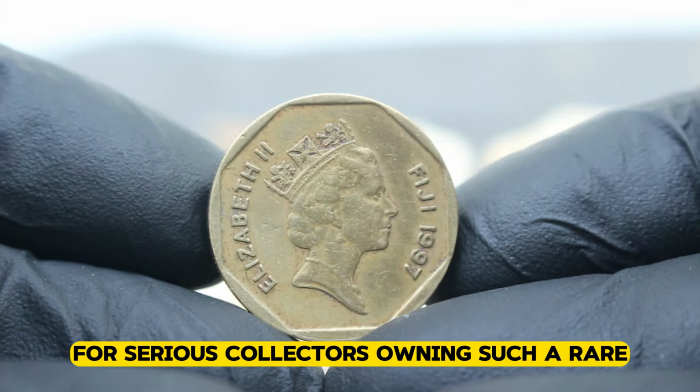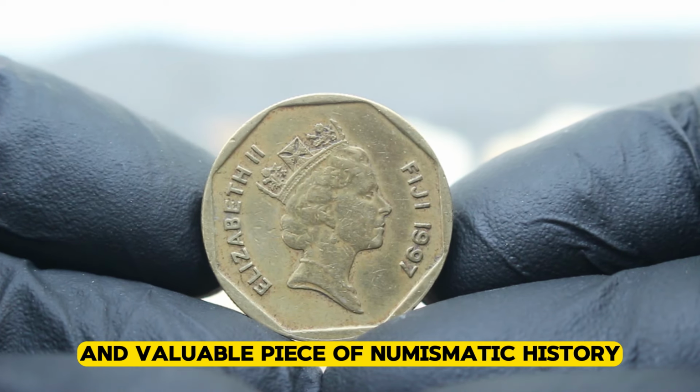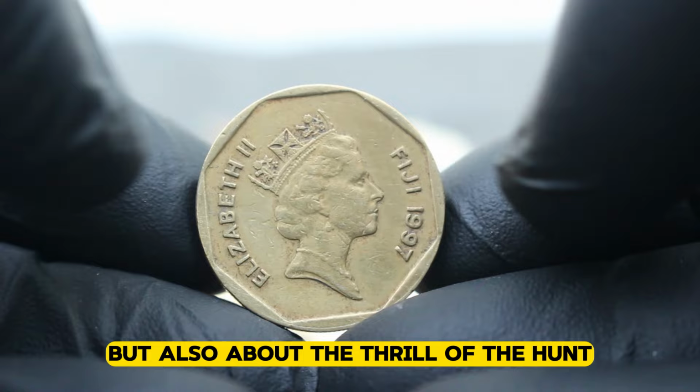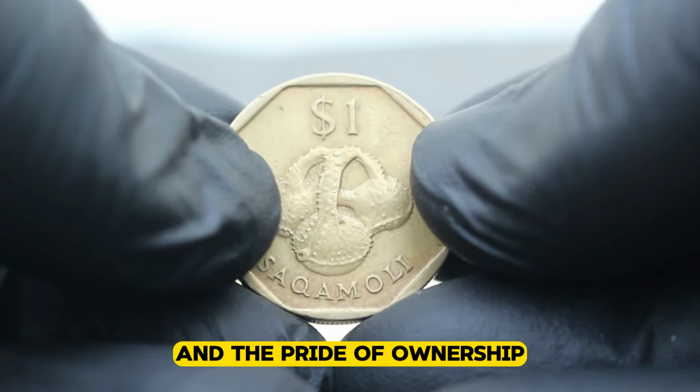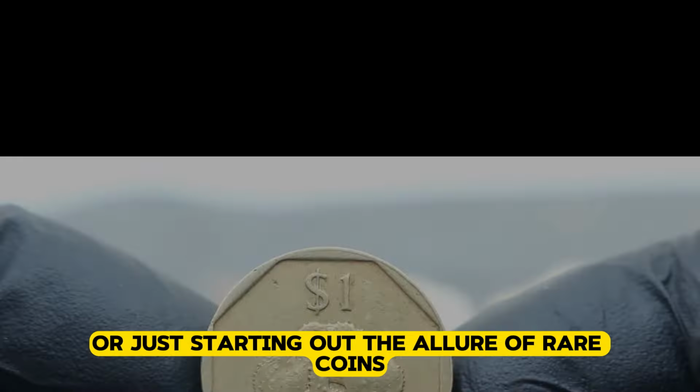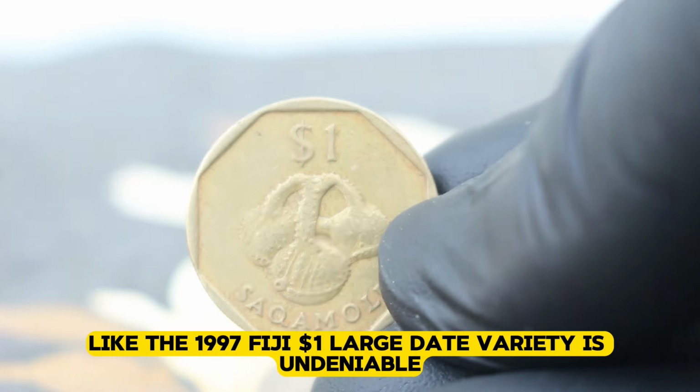For serious collectors, owning such a rare and valuable piece of numismatic history is not just about its monetary worth but also about the thrill of the hunt and the pride of ownership. Whether you're a seasoned collector or just starting out, the allure of rare coins like the 1997 Fiji $1 large